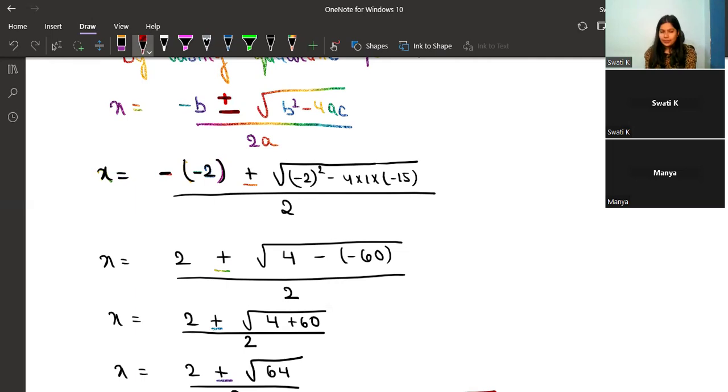Yes, upon 2. And then x equals 2 plus or minus square root of minus 4, minus minus four, that will become plus four only, because it is plus four. So that is one mistake you made right now. You will be careful that minus into minus will become plus only. Then after that,